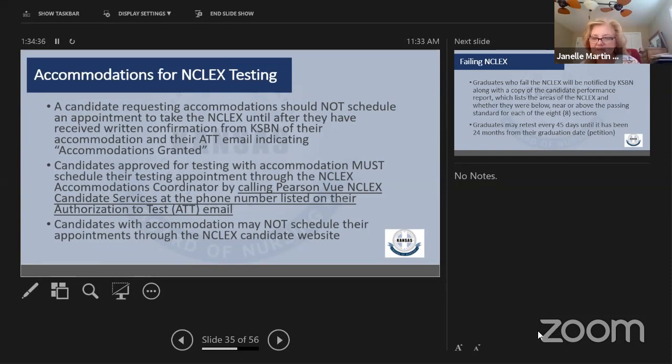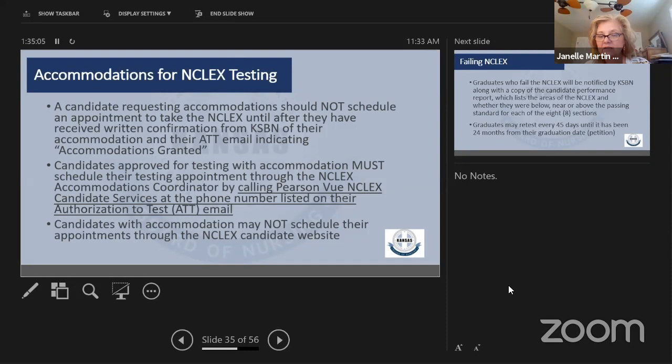The second piece is then from the program director, that yes, they have had accommodation, or no, they've not had accommodation during their schooling. They're required to get that from you. And then those pieces of documentation come to us at the board, and they need to be tied to that application. So we know that they're asking for that accommodation, preferably before they're approved to test.